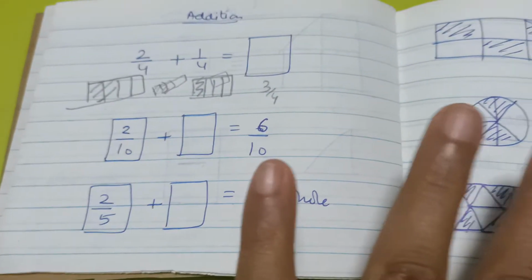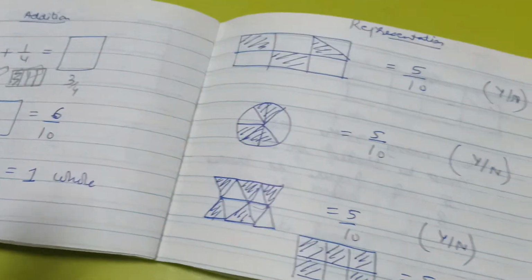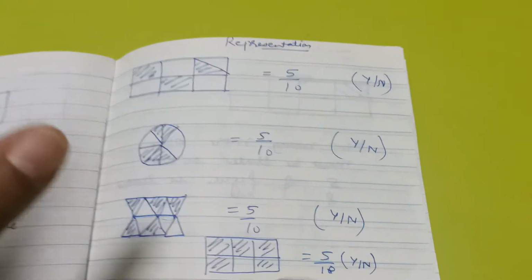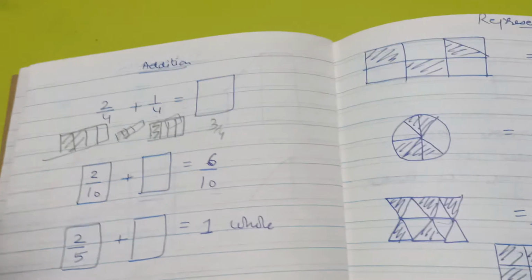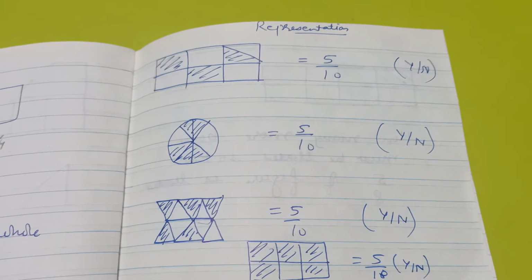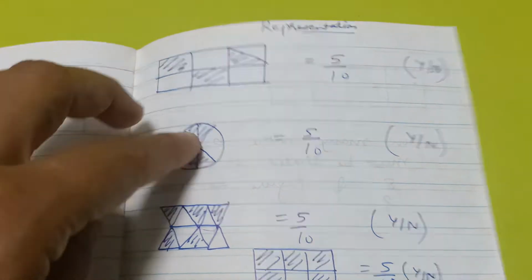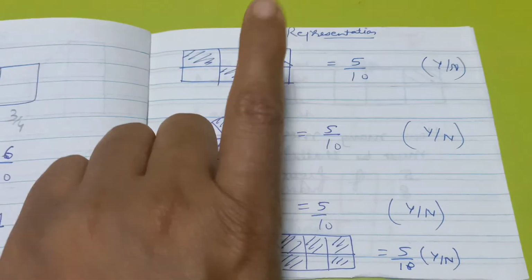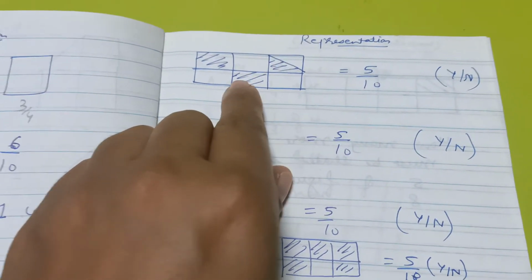So I just want to see the understanding of hers, like she says I know it, I just want to check it out so that I know what to focus on, and what is a thorough understanding of it. Now here again is a representation, but just a little tricky one. Again, yes or no. So is it 5 by 10?